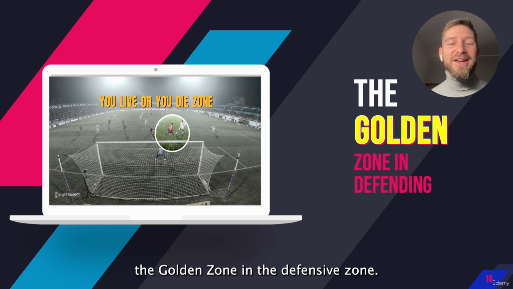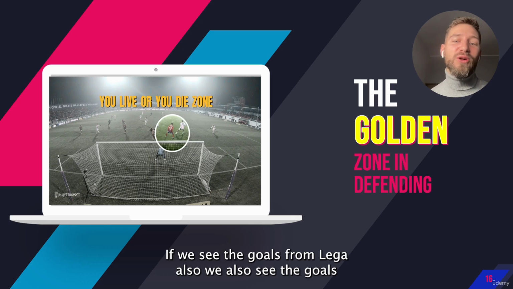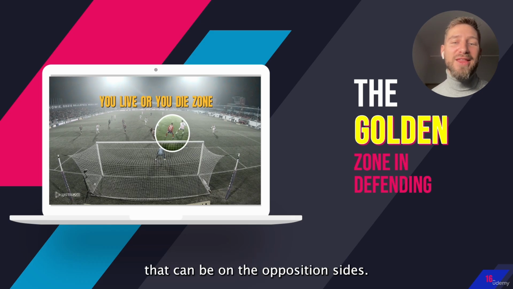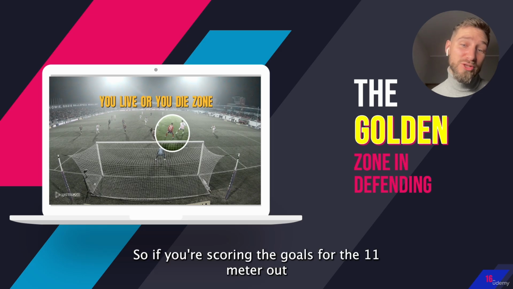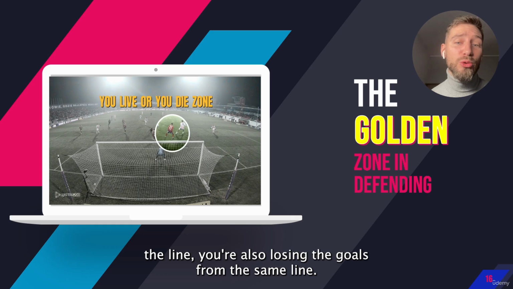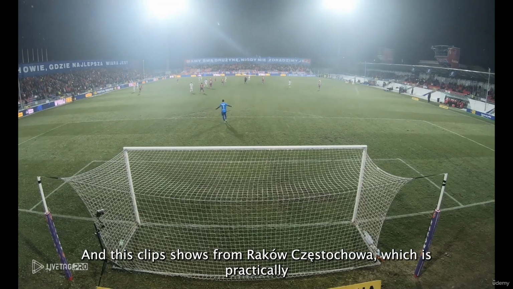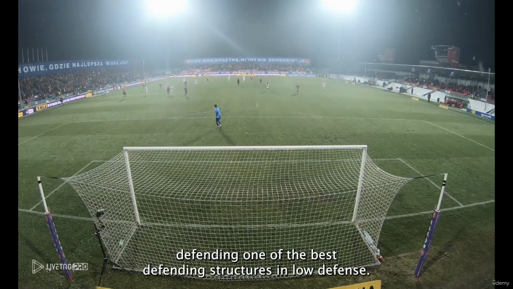Let's see the golden zone in the defensive zone. If we see the goals from Legia Warsaw, we also see the goals that can be on the opposition side. So if you're scoring the goals from the 11-meter or closer line, you're also losing the goals from the same line. And this clip shows Raków Częstochowa, which is practically defending one of the best defending structures in low defense,